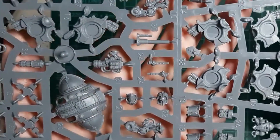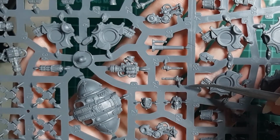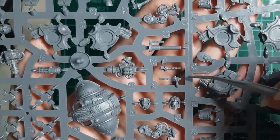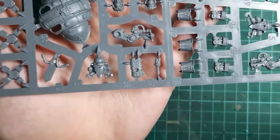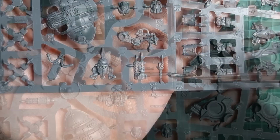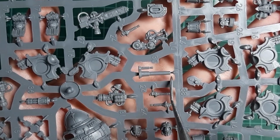You get quite a lot of small weapons to attach onto the chest of the knights. These tiny little heavy stubbers with really intricate detailing, even the little magazine of solid shot rounds. And the alternative option is this tiny little melter weapon here. You also get the staples of the knight classes, the rapid fire battle cannon,